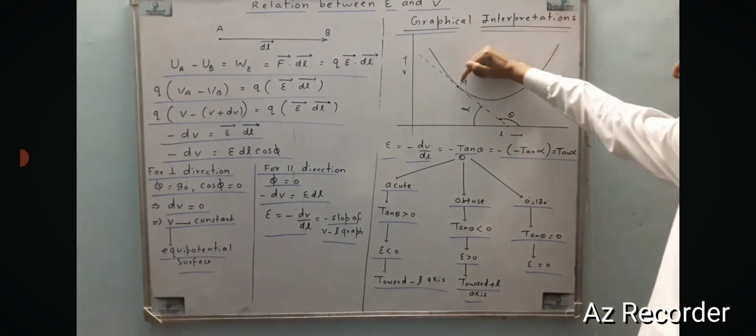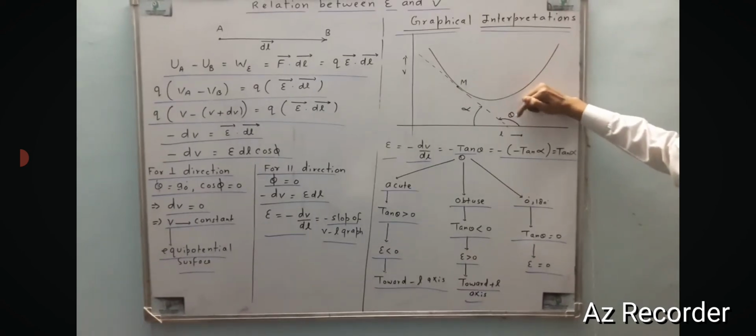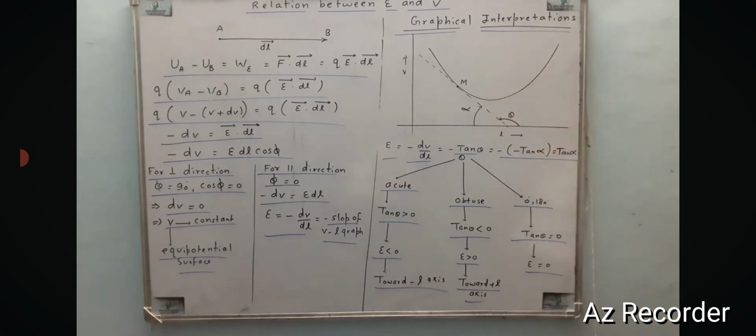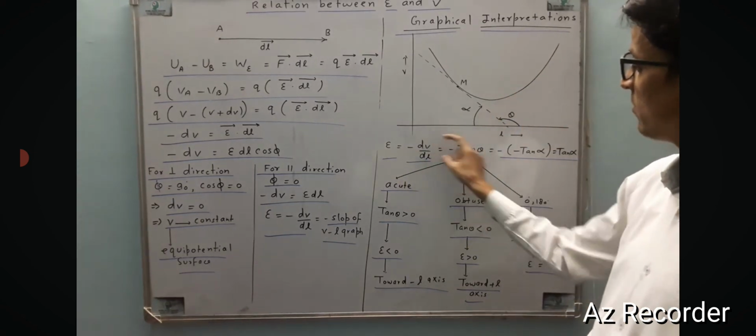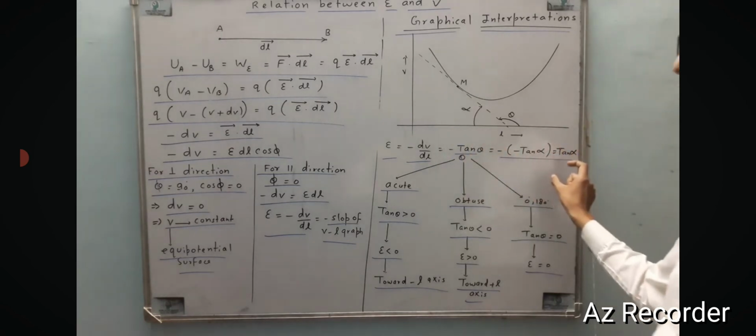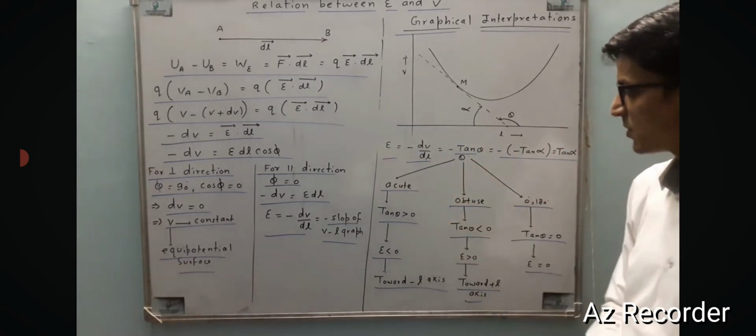I draw a tangent at point M. Suppose the tangent makes an angle theta in the anti-clockwise sense and alpha in the clockwise sense. So we have the electric field as minus dV by dl, which is either tan theta or minus tan alpha. So these are the results. If theta is acute, tan theta will be positive. That means E will be